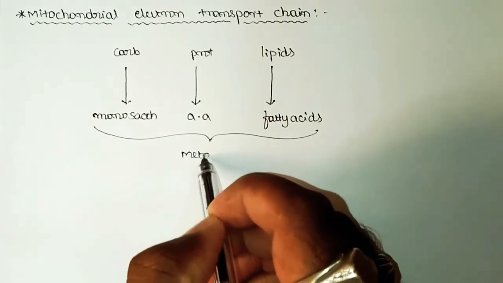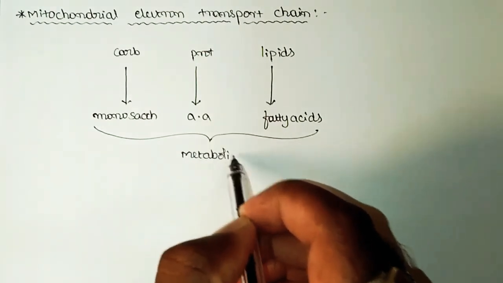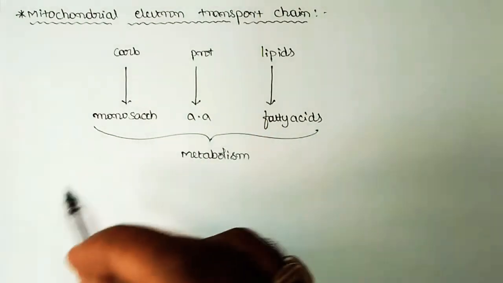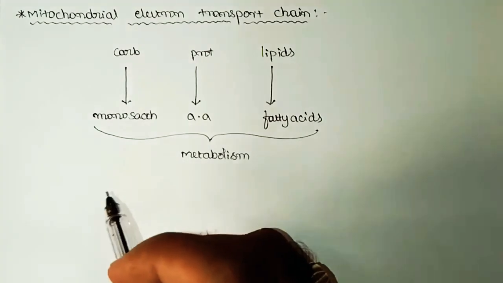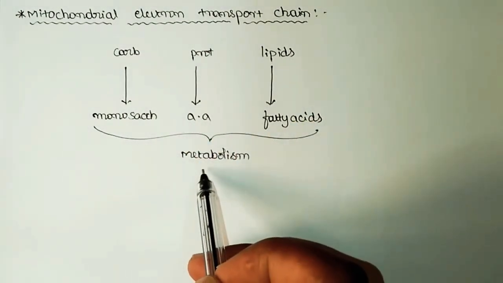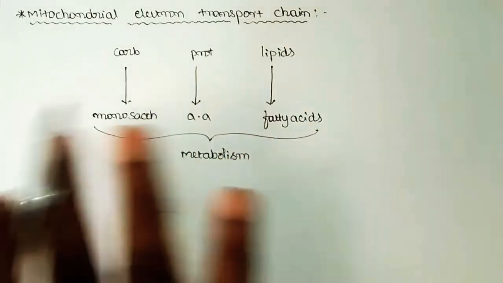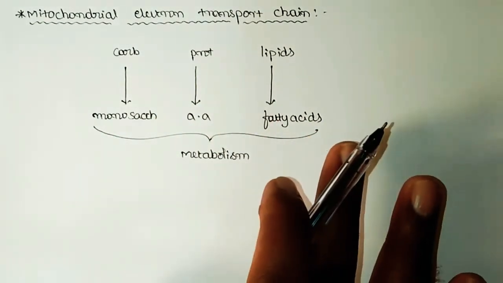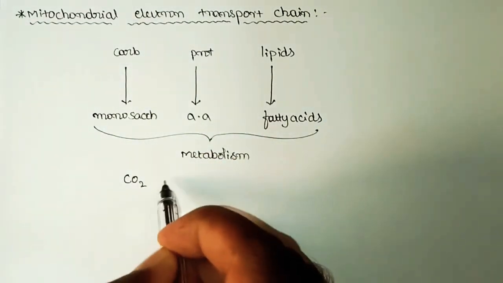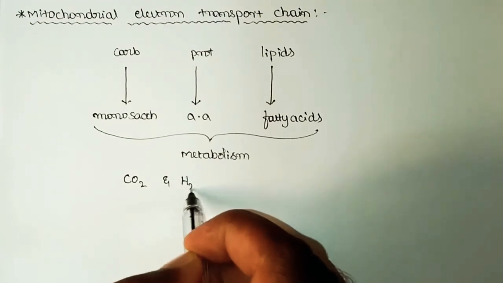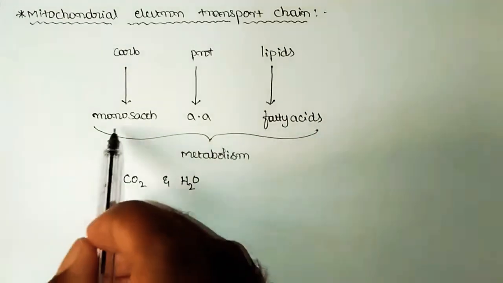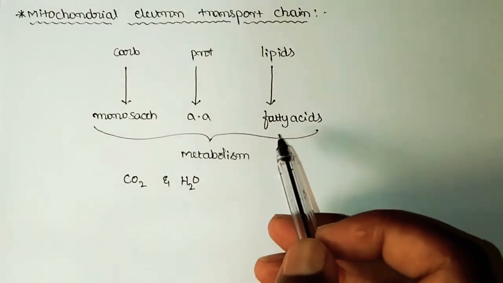undergo the process of metabolism, and the metabolism will actually take place through a series of reactions, and through that series of reactions these molecules will undergo metabolism. The final products of all the reactions will be two materials only, that is carbon dioxide and water. These are the ultimate products that are going to be produced during the metabolism of monosaccharides, amino acids and fatty